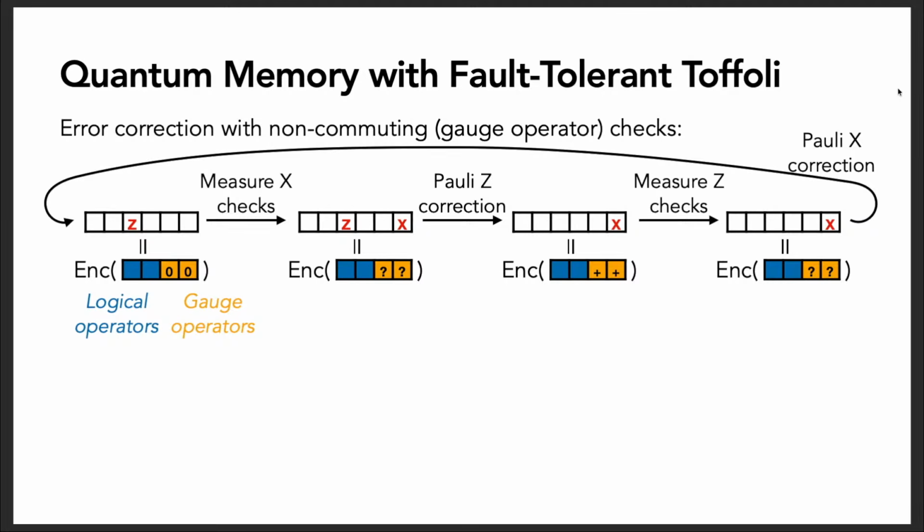It is worth saying that after measuring the X checks, we're able to fix these gauge qubits in a plus state. After measuring the Z checks, we're able to fix these gauge qubits in the 0 state, but we're never encoding our message in these gauge qubits. So unless we're doing some gate like a Toffoli gate where we actually will care about their value, oftentimes we don't care what value these gauge qubits have.